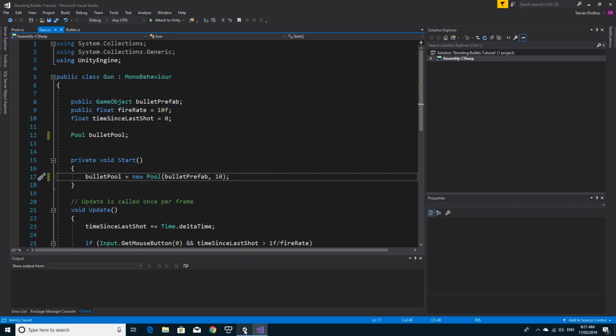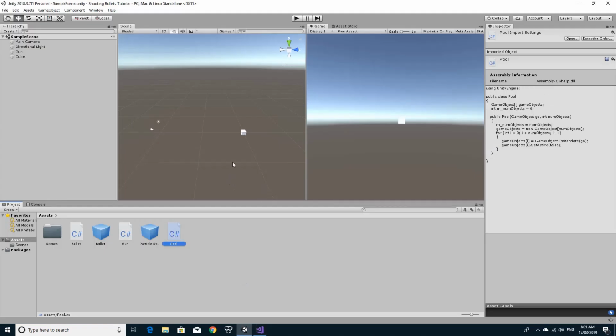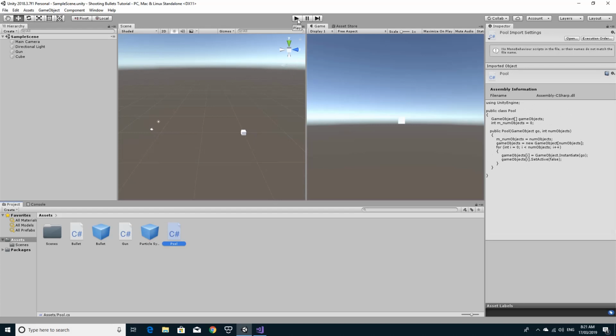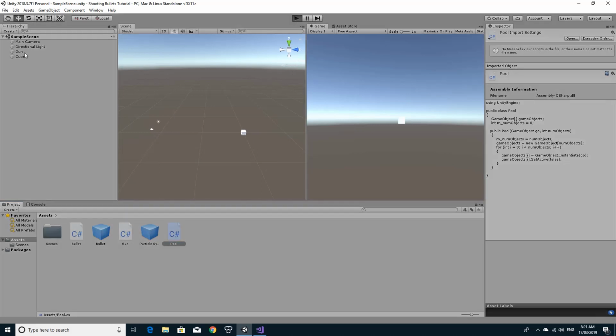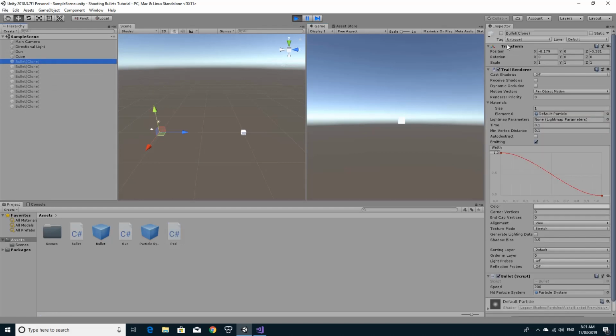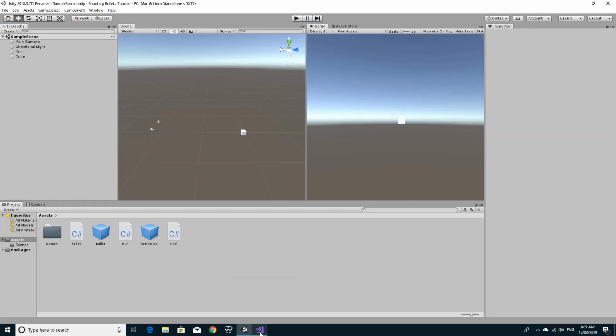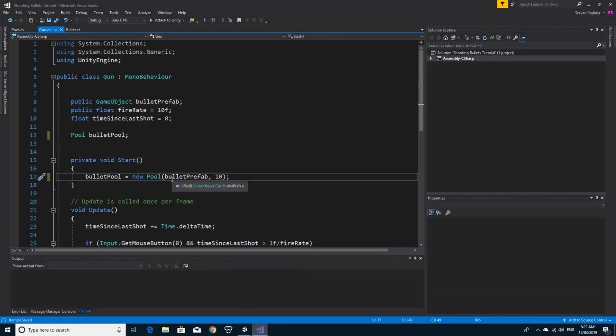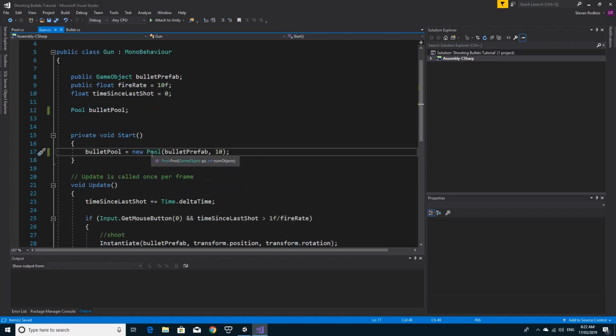Saving this code and running it just to test, we should see that when we hit the play button, the gun script should create 10 bullets and all of them are deactivated. You can see from here that this is actually what's happened. There are 1, 2, 3, 4, 5, 6, 7, 8, 9, 10, because I told it to, and they're all deactivated, and they all contain all of the information that we need. So all we need now is to more or less write our own instantiation script that will activate one of these, the first one that is available to us,